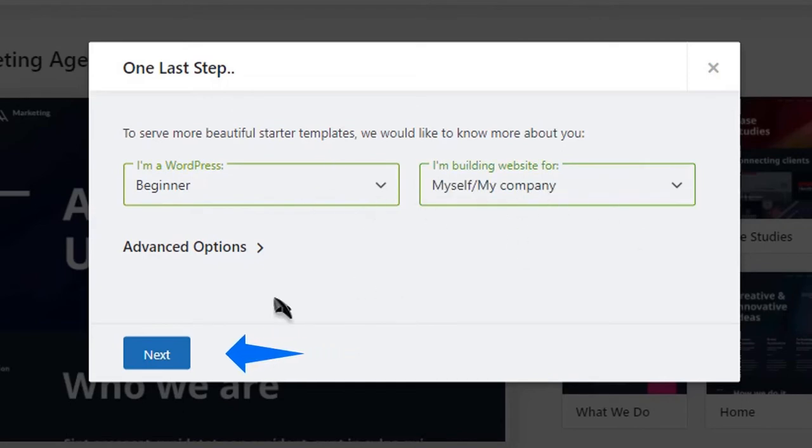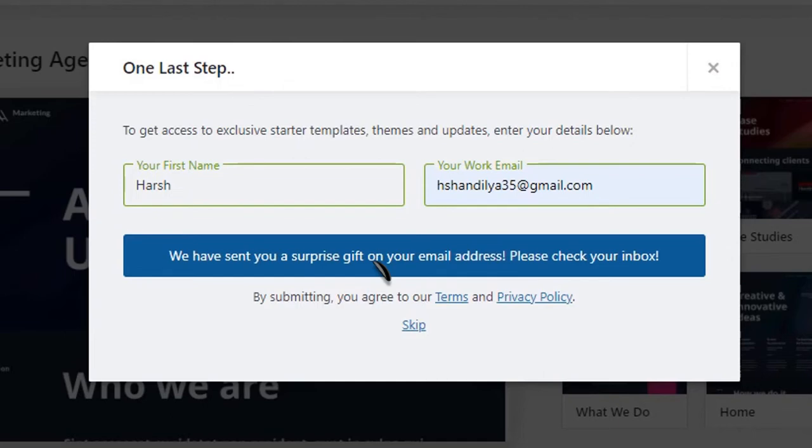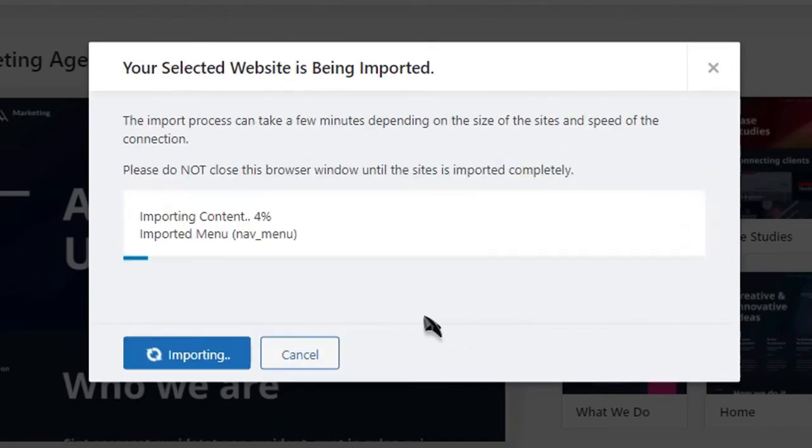So select these options and click next, and also some information you have to provide. And fill in these details and start this,